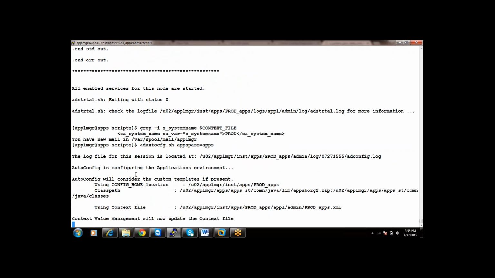There are autoconfig customizations also, which takes one more hour. As of now it is running autoconfig. It will take 15 to 20 minutes to run, approximately 10 minutes.